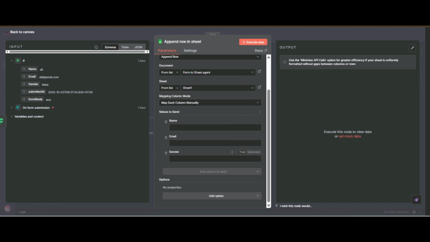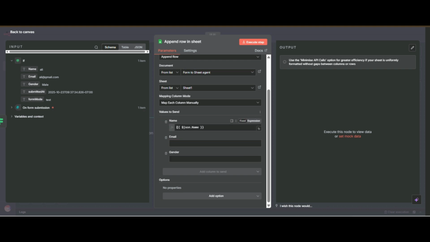Now we have to map the data into our Google Sheets. Remember, the column names and what you send must match exactly, otherwise you will face messy data. Now there are three columns: name, email, gender. In the name section, I will drag the name, Jason.